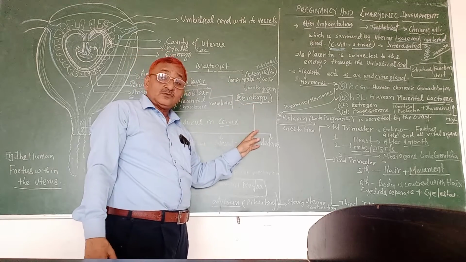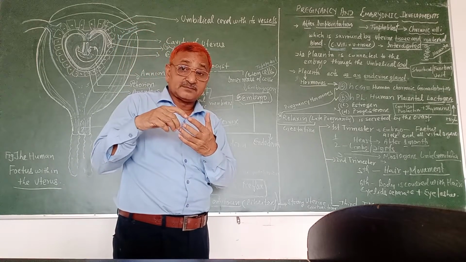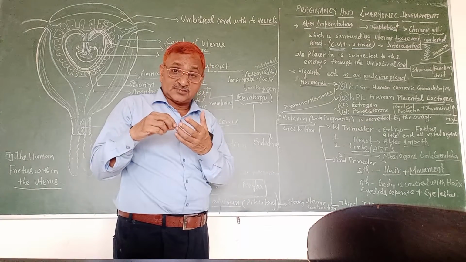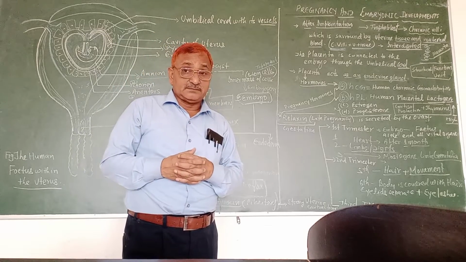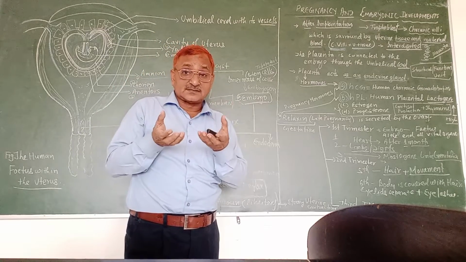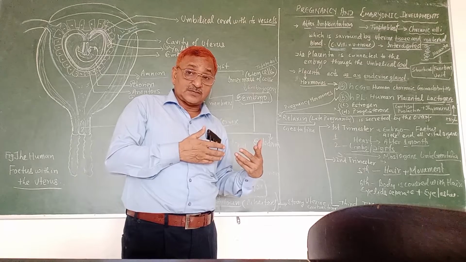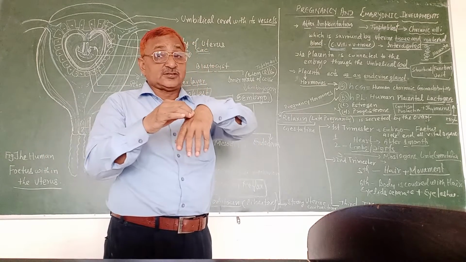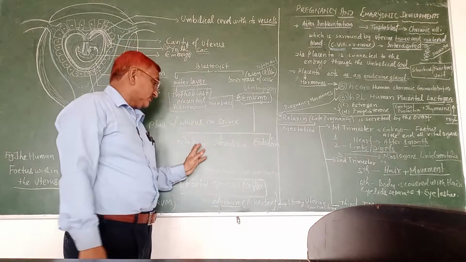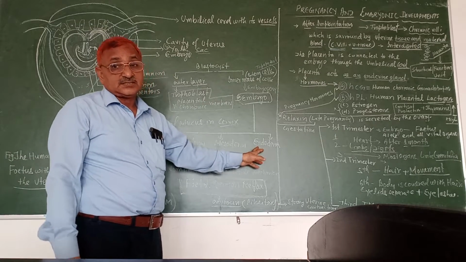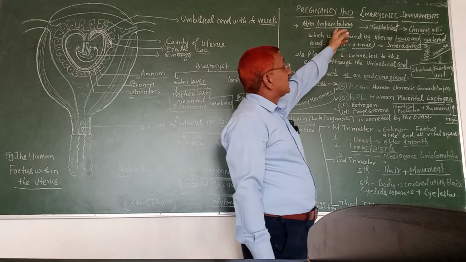Okay? This inner mass of cells differentiates into 3 main layers: ectoderm, mesoderm and endoderm. These 3 layers of cells give rise to organs, some of endodermal origin, some of ectodermal origin, just like your skin, which is of ectodermal origin. Similarly, various organs are laid down from the ectoderm, mesoderm and endoderm.